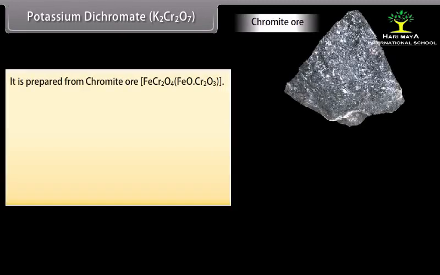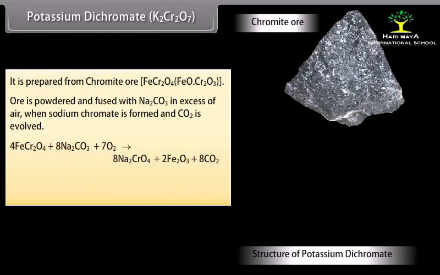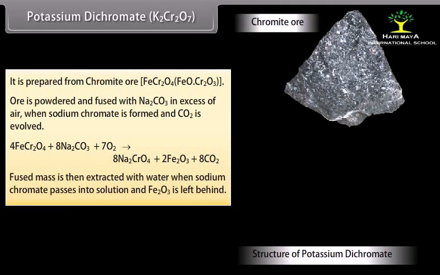Potassium dichromate, K2Cr2O7. It is prepared from chromite ore. Ore is powdered and fused with Na2CO3 in excess of air when sodium chromate is formed and CO2 is evolved. Fused mass is then extracted with water when sodium chromate, being soluble in water, passes into solution and Fe2O3 is